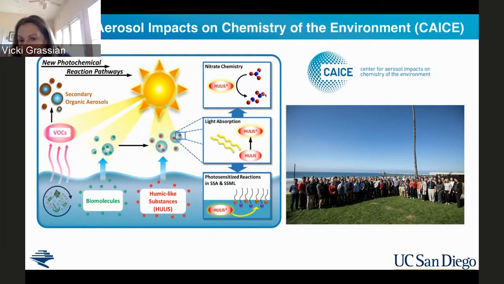It's really hard to see, but in the middle, I think in the white, is Kim Prather. She's the director of the center. She's done a great job. I'm next to her, I believe, and I'm co-director of the center. And I know that